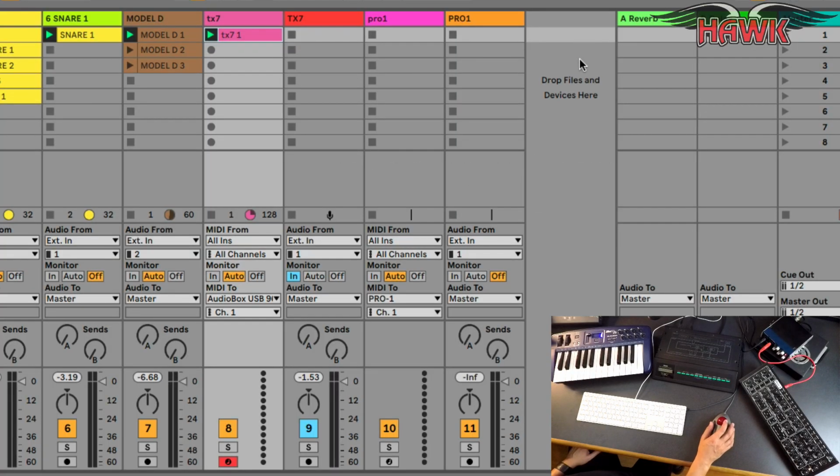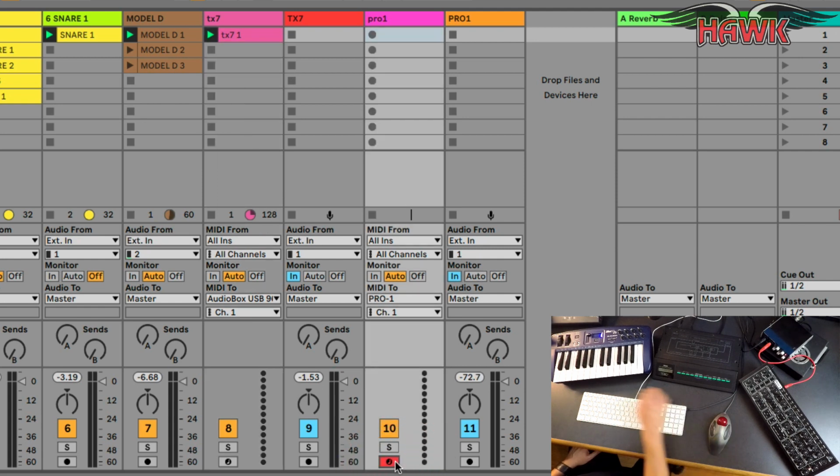So next, let's do some Pro-1 synthesizers. So that would be the lead synth. I want to make sure that we've set this to in, and we've armed the track. Let's see if we've got some sound here. That is armed, and the input, look at that. The input there needs to be set to 2, and then